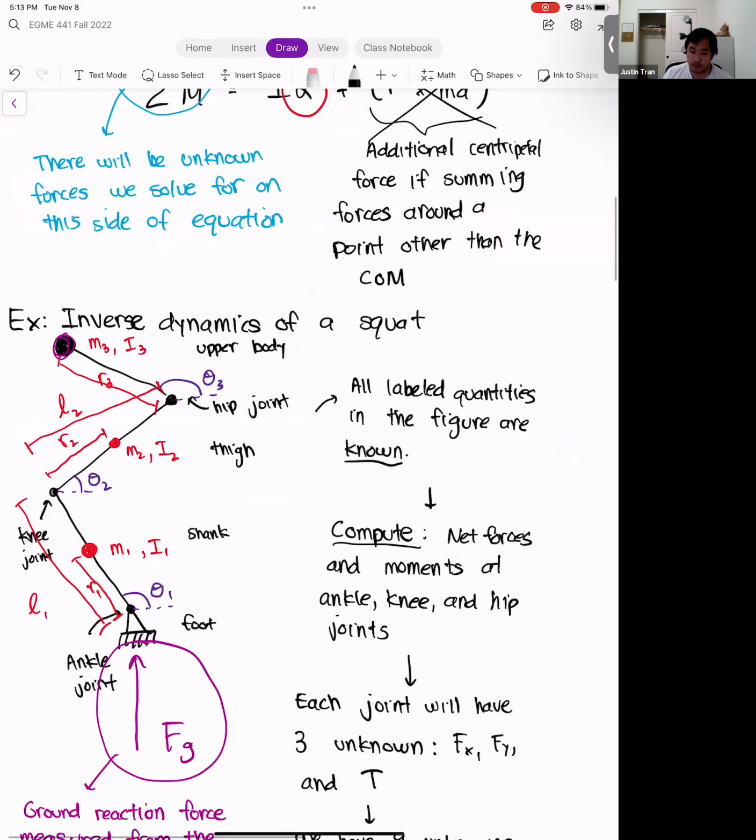In that situation, where you would actually start would be from the opposite side. Even though it's not going to be ideal, it's not going to be as accurate as if you started from the bottom with ground reaction forces. If you don't have the ground reaction forces, you basically need to start somewhere where you can compute some kind of external force onto the system.